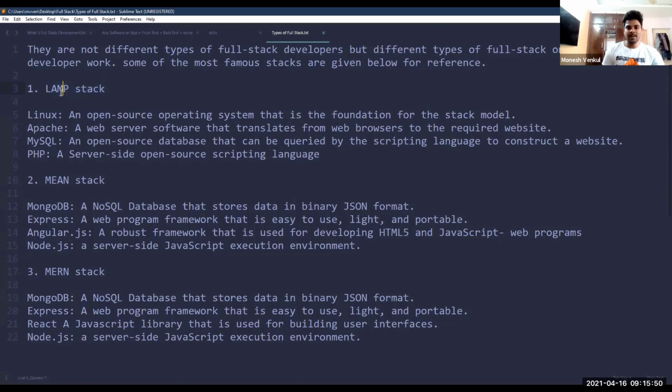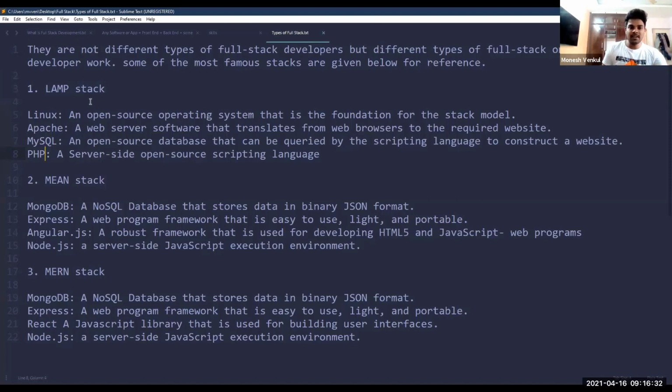For example, if you take LAMP stack, this LAMP stack is enough to develop any application you take. For example, Facebook, you can develop Facebook by using LAMP stack. You take this Zoom application, you can develop a Zoom application using LAMP stack. Same goes for MEAN stack. Any application can be developed by MEAN stack and the MERN stack also. So in these 3, any one you take and be a master in it. If you want to take LAMP stack, you need to learn Linux, Apache, MySQL, and PHP. These 4 you have to learn to be called a LAMP stack developer.